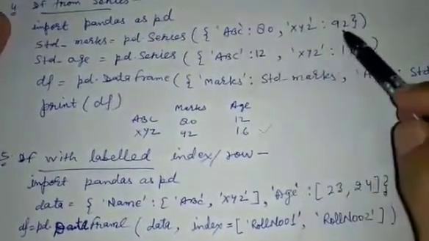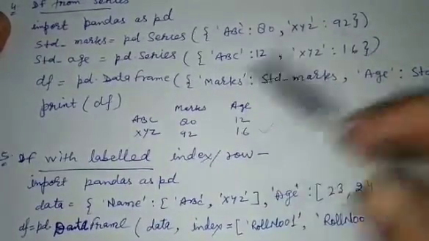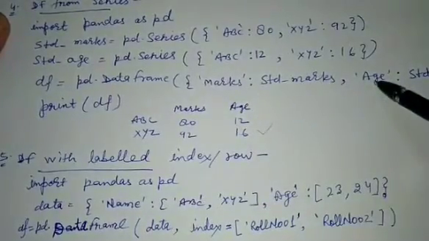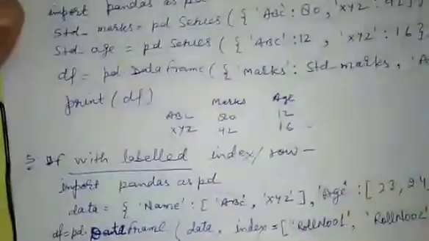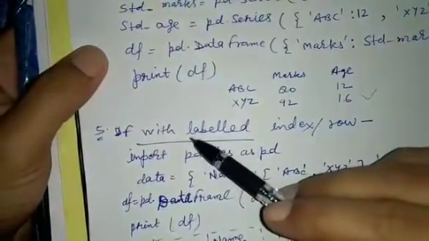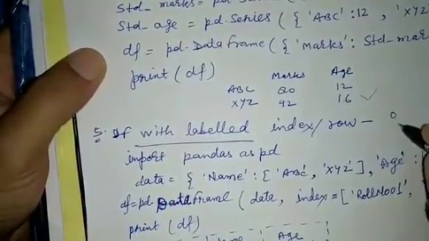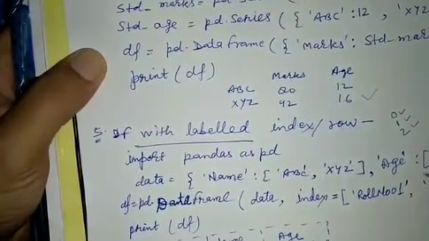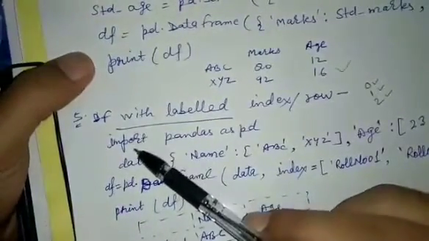So series elements will be taken as rows, and we have created a dictionary for the data frame in which fields are given these keys and their values will be derived from the series we have created. Next, as I told you, you can name the indexes or rows, which are by default labeled as 0, 1, 2. You can name the rows as well. So how can you do this? Let's take a look at another example.